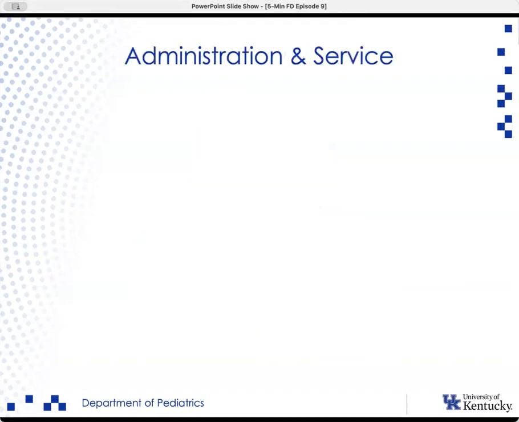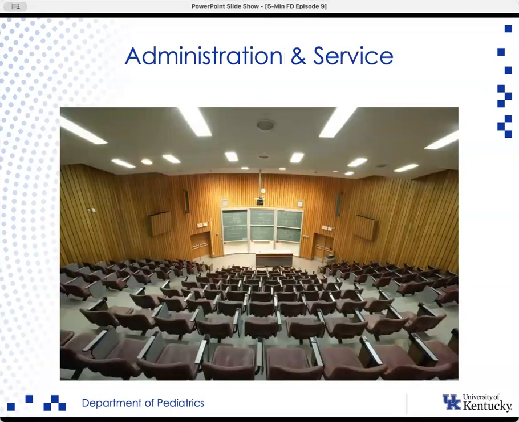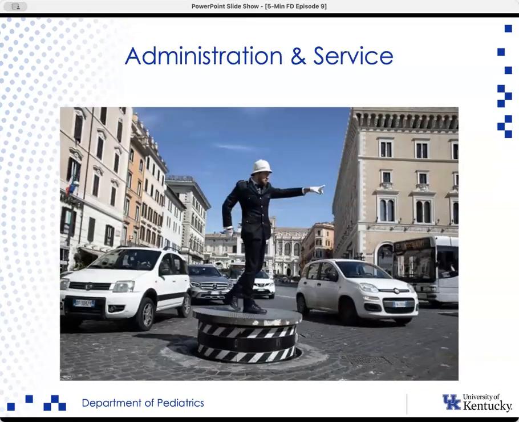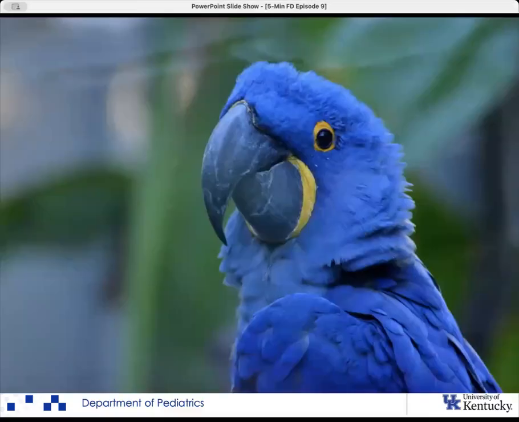The final domain to consider is administration and service. What does that look like? There are two sides of it. There are positions within the College of Medicine, such as directing a course of medical students or serving on faculty search committees, and there are positions in the hospital, such as being a medical director of a clinical service or serving the quality and safety program. Similarly, there are formal leadership roles that may be in one, the other, or both.